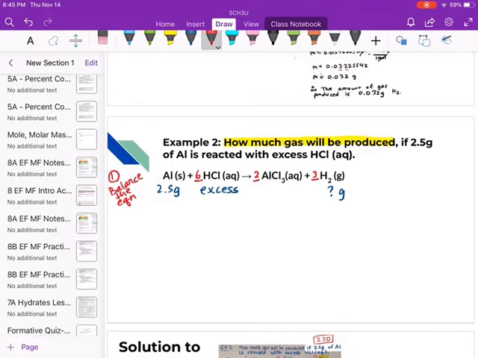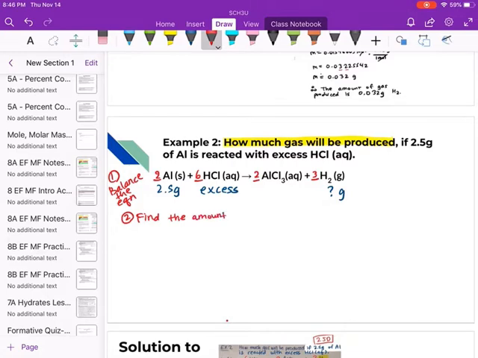And lastly, the aluminums. Go back to the aluminums. I have 2 aluminums on the right and 2 aluminums on the left. And these are the most reduced coefficients because I see 2, 6, 2, 3. It can't really be reduced anymore. And so we can stop there for balancing the equation. So the second step is to find the